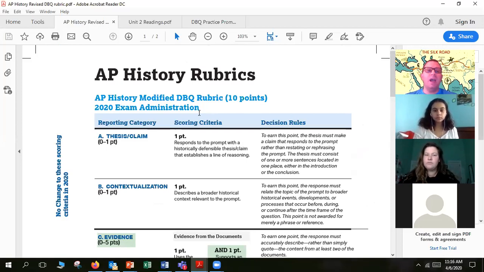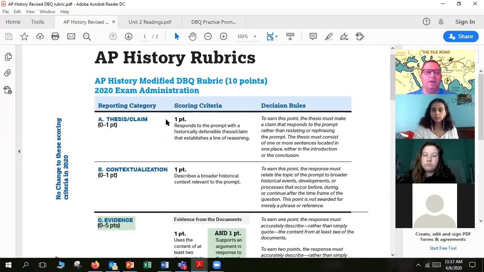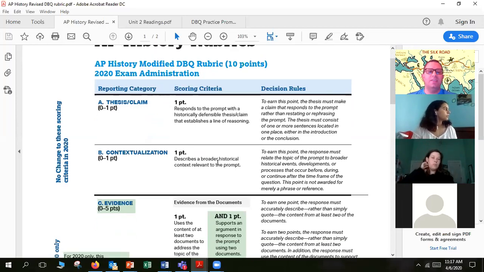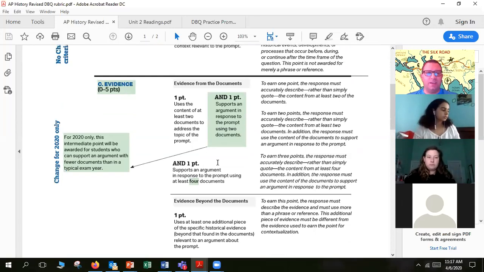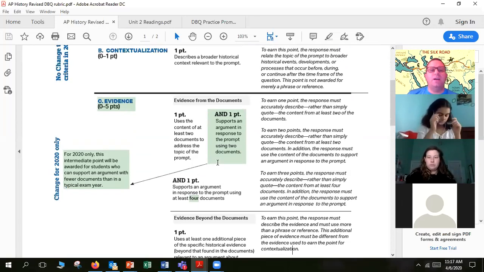And so I posted this rubric on the page, so you may have already seen this. If you take a look at the rubric, the first 2 points are exactly the same. Nothing has changed. The thesis point hasn't changed at all, and the contextualization point hasn't changed at all. So that's zero changes. That is exactly the same. But then if you look down here at the evidence, this has gone from 3 points